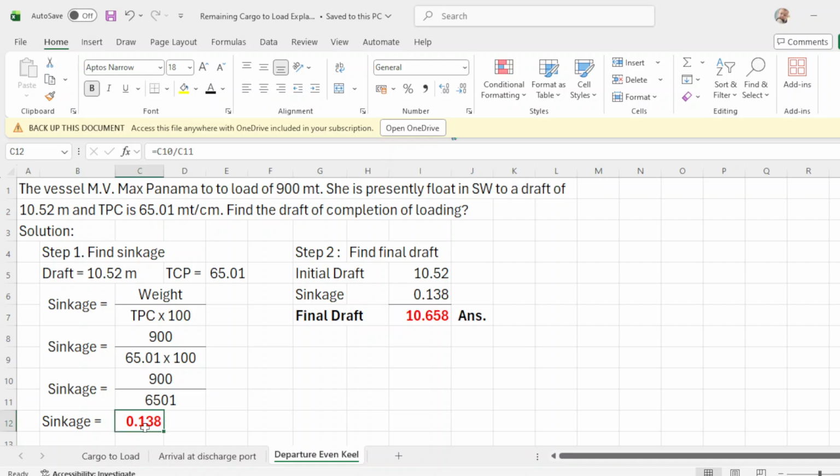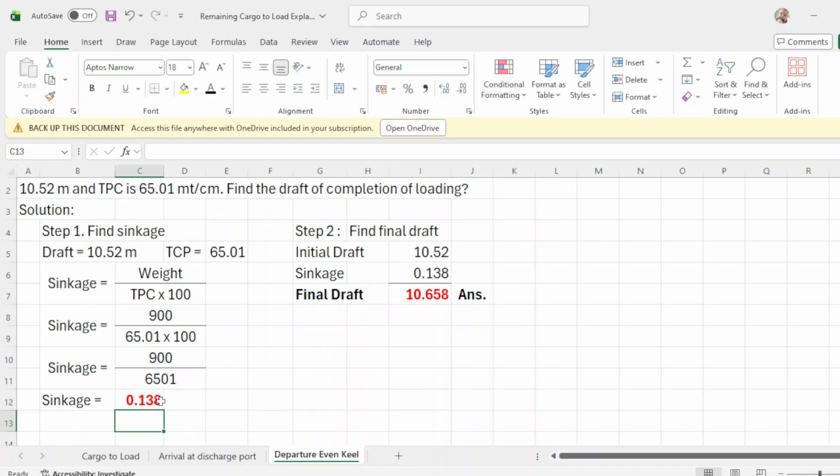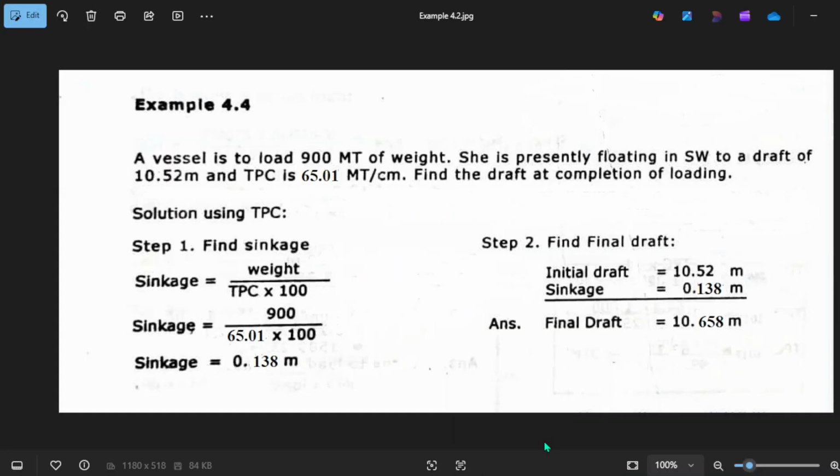Just put it like this, equals, click 900, divide by 6501, that will be 0.138, okay? So we have the 0.138.